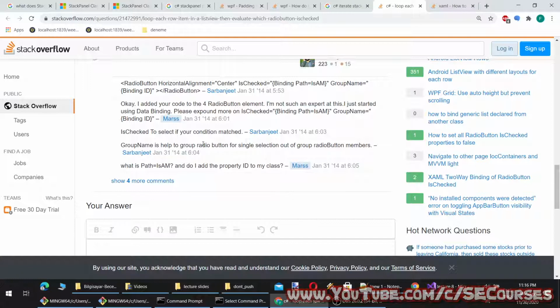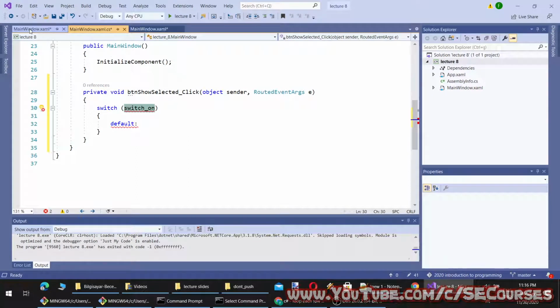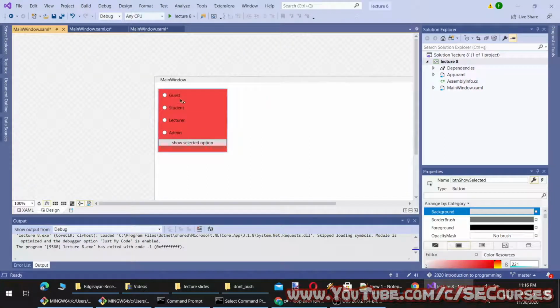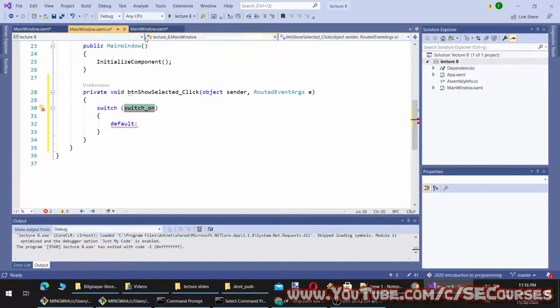There's also group name. To be able to see which one of them is selected, we need to add them to a group name. Let's first make them the regular way.